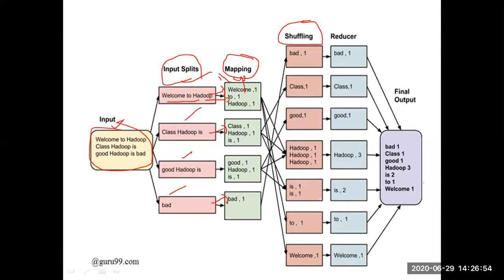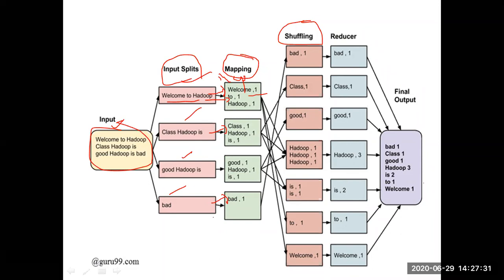Shuffling means, based on the results given by each mapper, the shuffler will take the results of each mapper and segregate them. That means all the related data will be taken to one side. It will rearrange the data in some order. The general meaning of shuffling itself is rearranging. In the shuffling phase, the results of the mapping function will be taken and the data will be rearranged so that all the related data comes to one side.